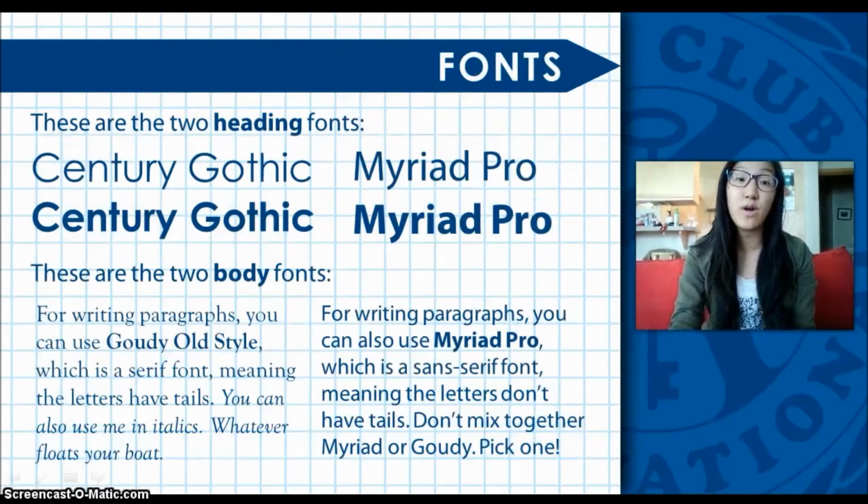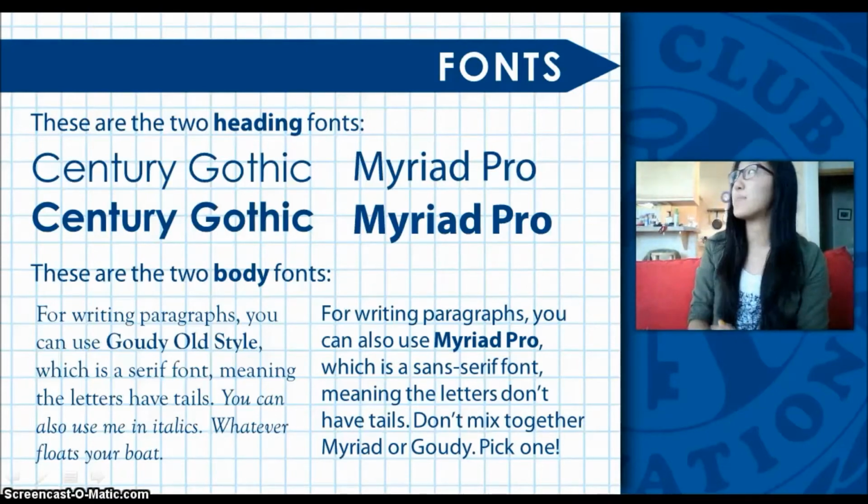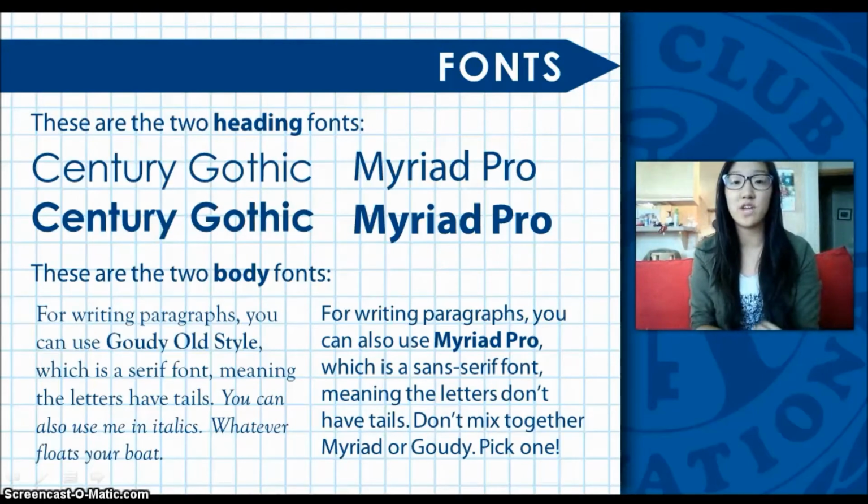The first thing I want to cover are the fonts. Key Club International focuses on two fonts for your headings. So you use either Century Gothic or Myriad Pro, and those are considered heading fonts. They should be used for titles of your letters, newsletters, publications, pages, etc. In this PowerPoint, I've used Century Gothic as the font on top of that pencil at the top. And basically, you should be using those as your heading fonts.